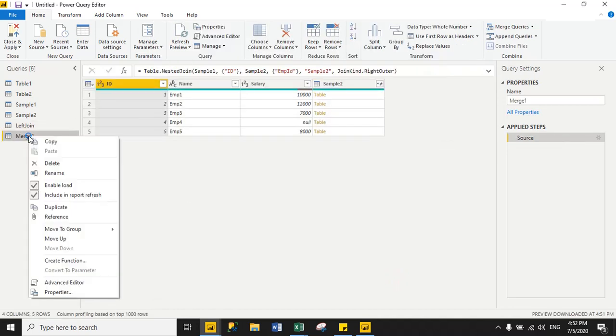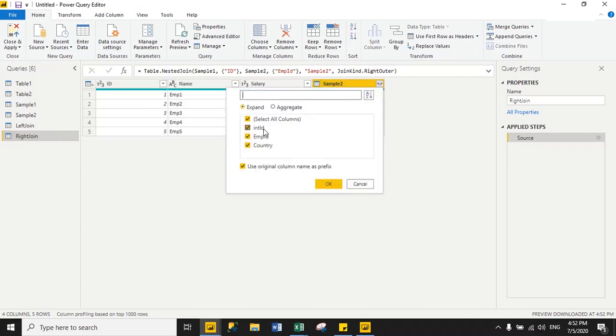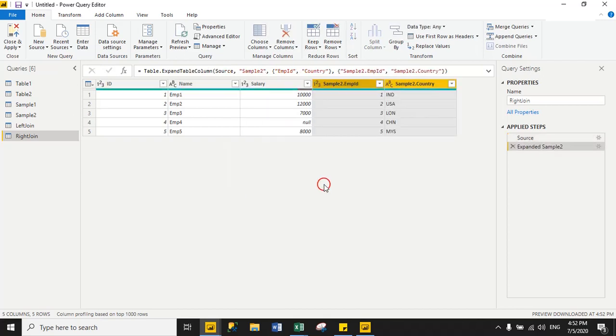and firstly we will change the dataset name. This is right join. Fine. Then click on the sample2 icon, and I want only employee ID and country from the sample2 table. Then click OK.